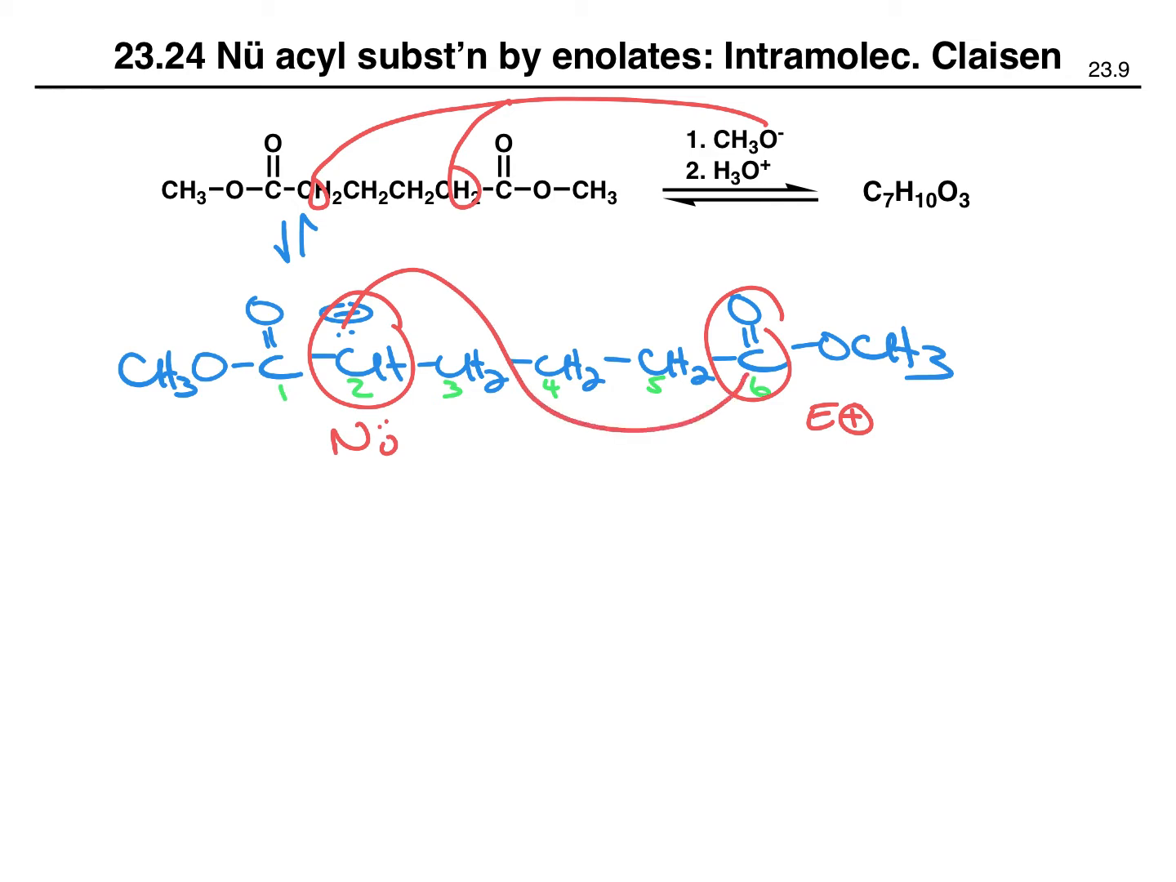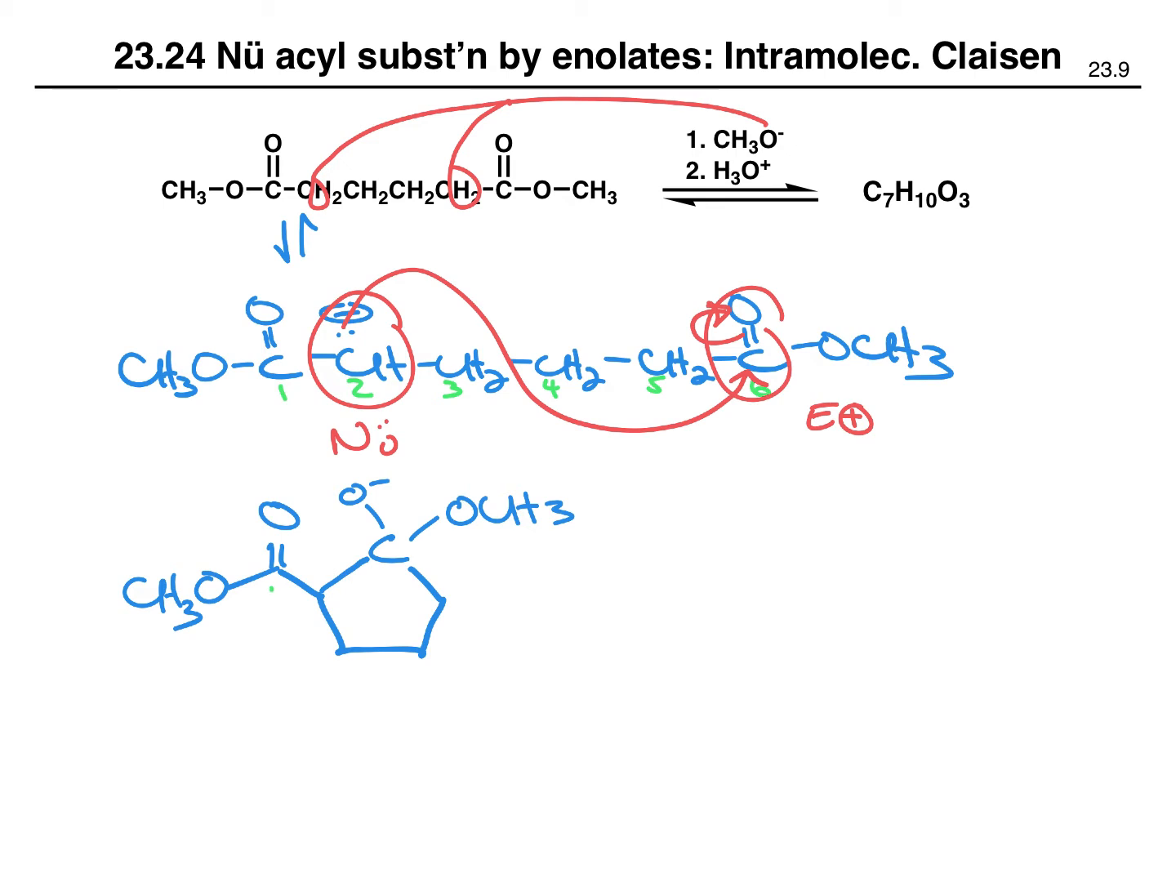So this nucleophile can share electrons with the carbon, push these electrons up onto the oxygen. So let's say this is our carbon 6, which is connected to an O- and an OCH3. 6 is connected to 5, 4, 3, 2. 2 is now connected to 6, and carbon 2 is also connected to carbon 1. So let's check this. This is 1, 2 was the enolate, 3, 4, 5, 6 was the electrophile that got